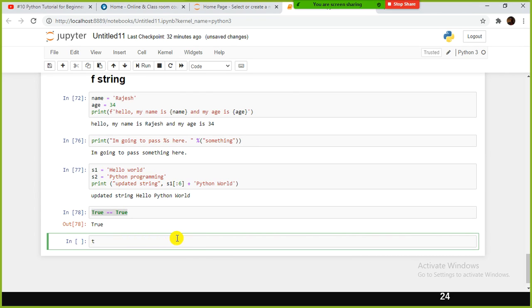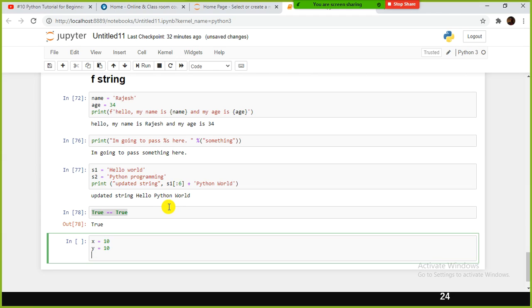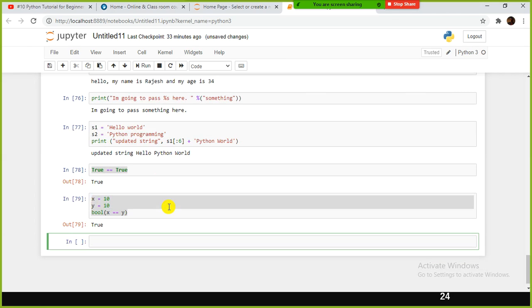And say x equal to 10 and y is equal to 10. Let's use some boolean operator. So we have something called the bool function that is available. x equal to y, True.